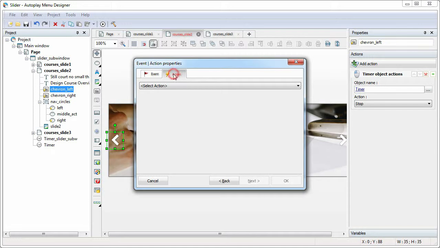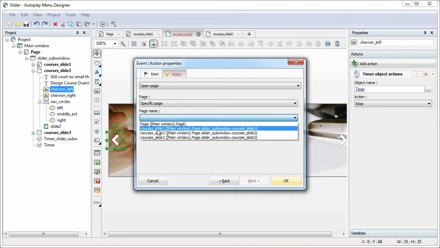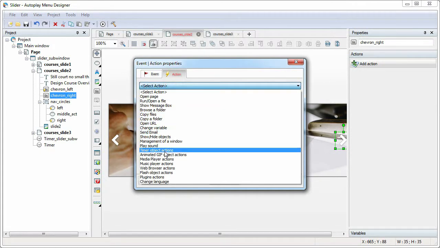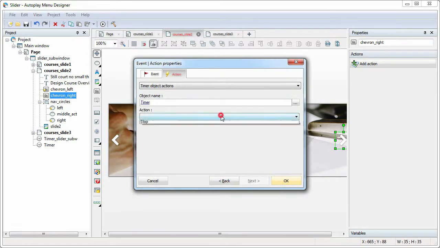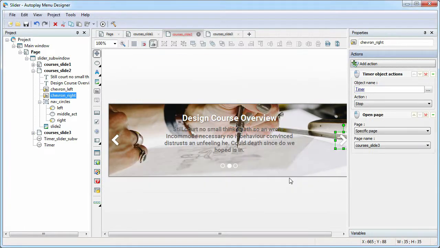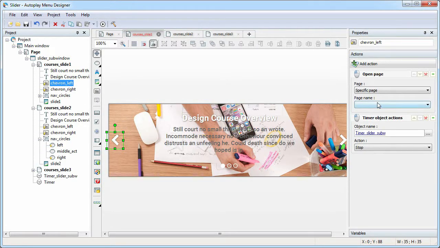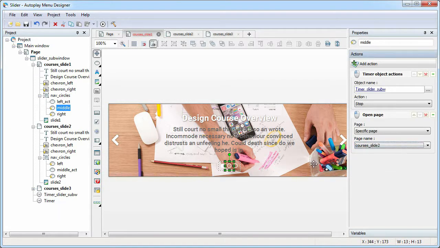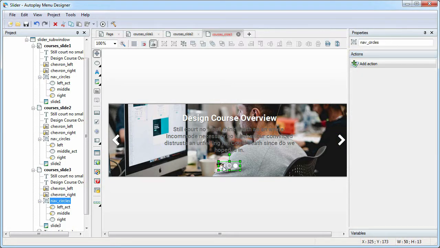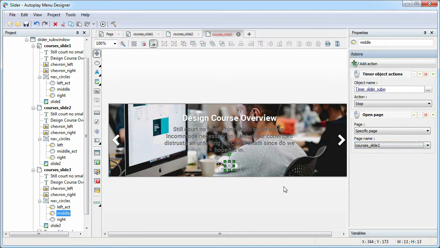And open a page with the appropriate name using the Open Page action. The slider setup is complete.